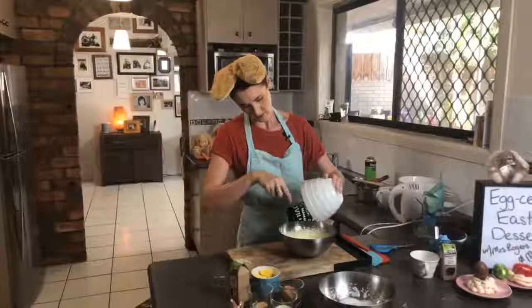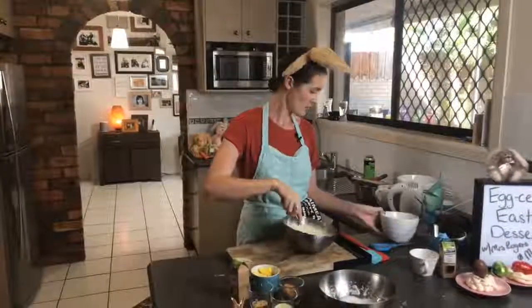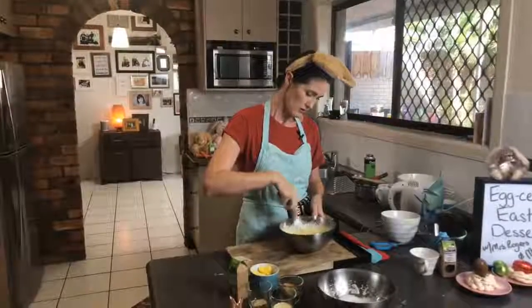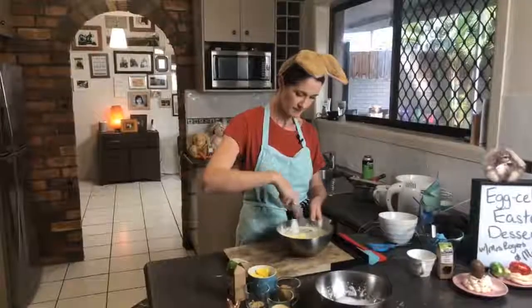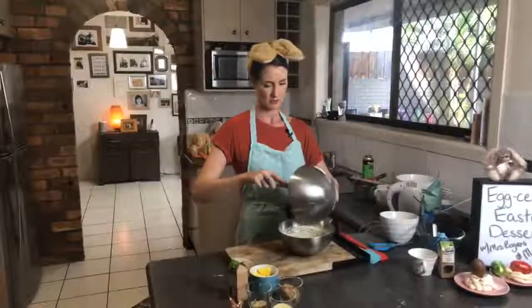So we just want to scoop that out and pop that into the cream. So that's your white chocolate going into the cream. And then we just want to put...